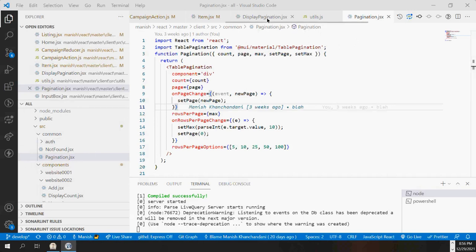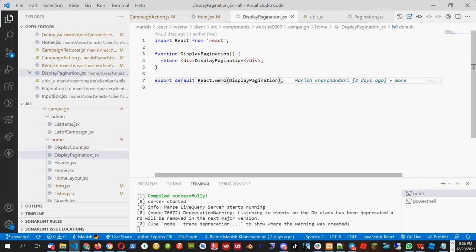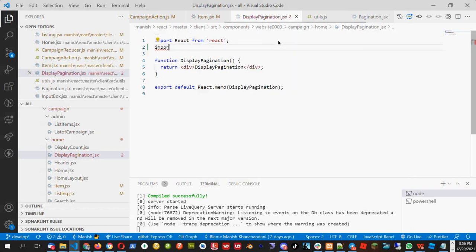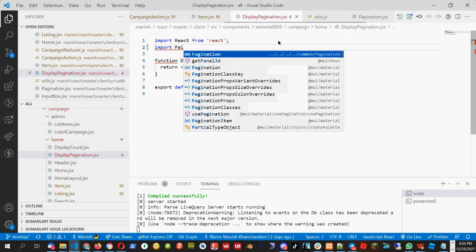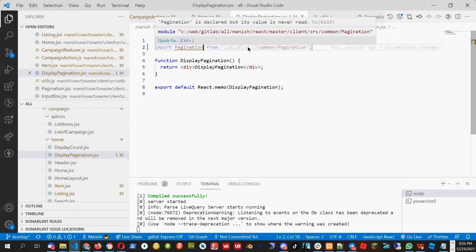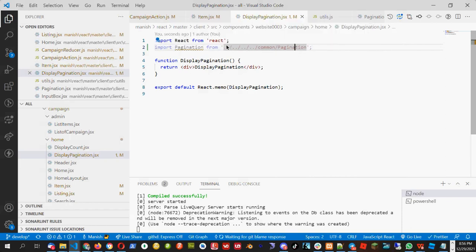Okay, so I will make use of this pagination to create my pagination page. Let's do that now. Just look here at what I'm trying to do. I need to first import this pagination here. So to import the pagination, I'll say import pagination from common pagination.